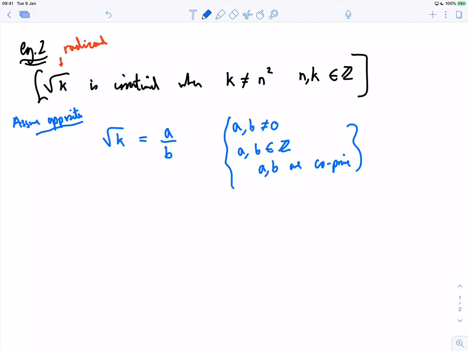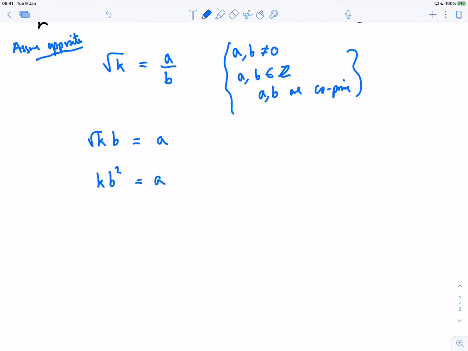These are quotients or fractions with integer denominators and numerators, and a and b are co-prime, i.e. I've simplified this fraction down. So same deal as before. If I multiply by b both sides, I get root k b equals a. If I square both sides, I get k b squared equals a squared. And it's a very similar proof here, but this time,